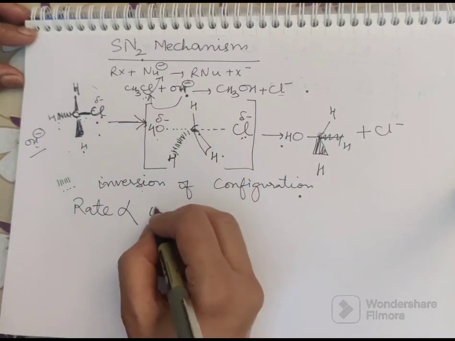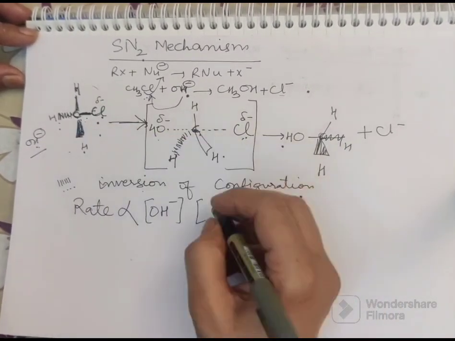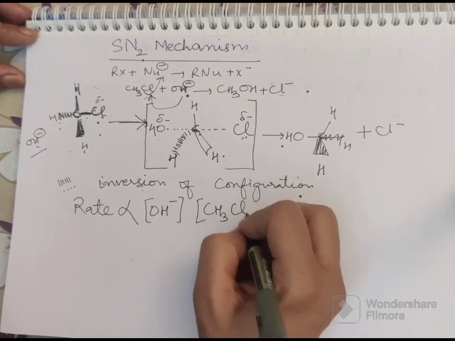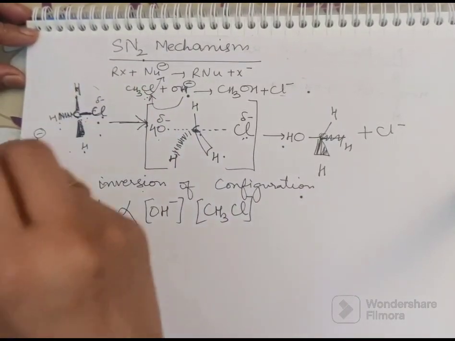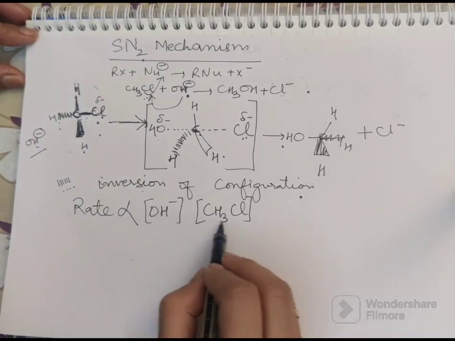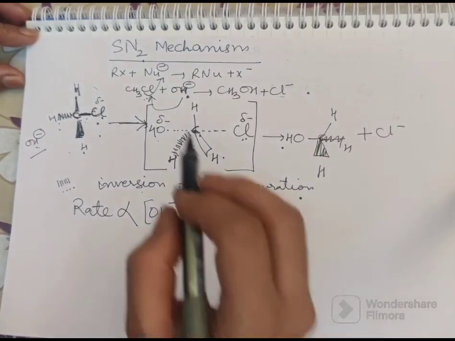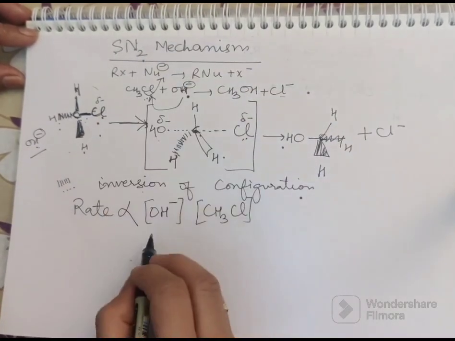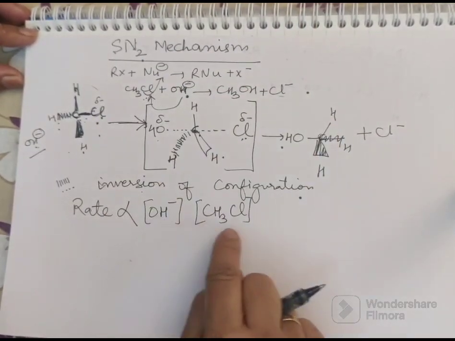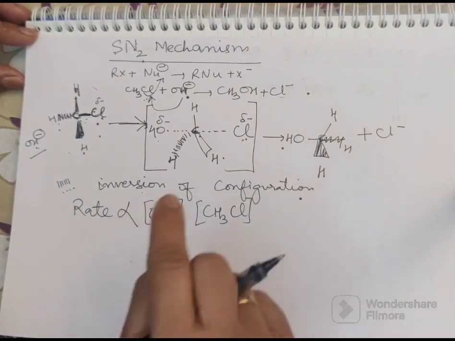एक आपका जो nucleophile है उसकी concentration पर depend करेगा, और it will also depend on the concentration of CH3Cl. जो दो reagents हैं दोनों reaction में part ले रहे हैं, so it will depend on the concentration of these two molecules. So it is called nucleophilic substitution bimolecular because, bi means two, it depends on the concentrations of these two reagents. So it is called SN2.